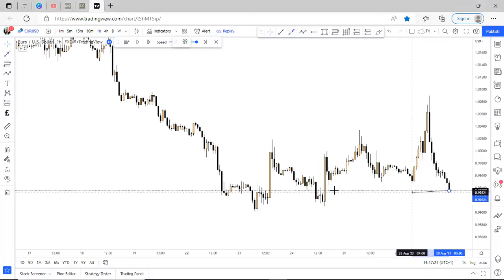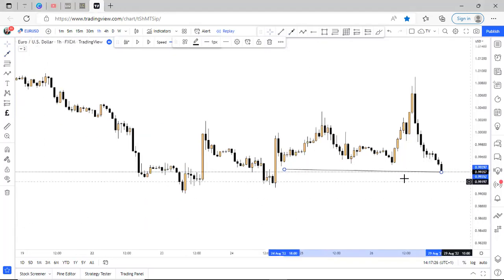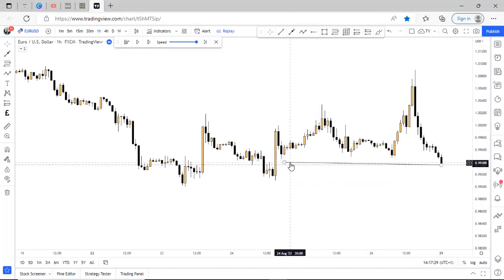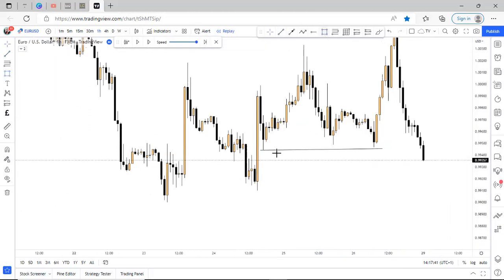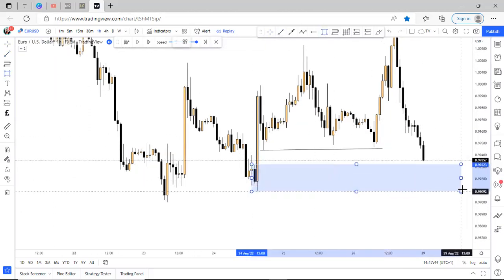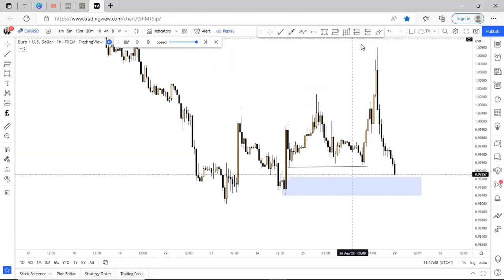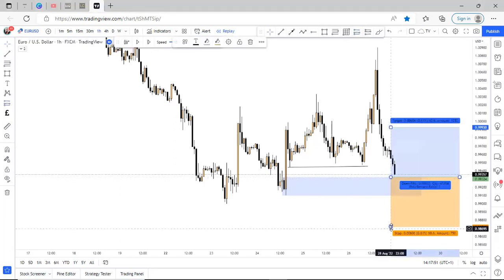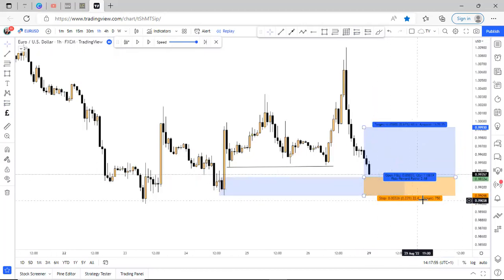So looking to the left right here, we are able to cite this demand zone, unmitigated demand zone. Okay, so when price pushed all the way up from right here, this zone was left unmitigated, so giving us this set of equal lows. Okay, and we have this demand zone, so we'll be looking to take a buy from this demand zone right here. Okay, so instead of getting into this buy from this level right here, that gives us about 22 pips in stop loss,